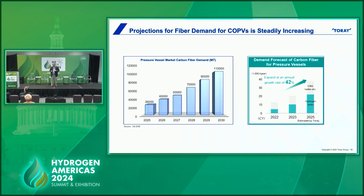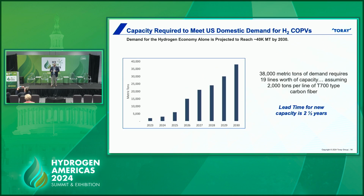If you look at the projections just for COPVs, it's steadily increasing. By 2030, for both CNG and CHG, we're looking at 110,000 metric tons of carbon fiber needed. And then Toray's done their own analysis, and they see through the end of 2025 a 42% rate up to 40,000 metric tons needed for both CNG and CHG. If you look at hydrogen alone, the projected volumes are 38 to 40,000 metric tons. Just to give you an idea, 38,000 metric tons takes 19 carbon fiber manufacturing lines, assuming